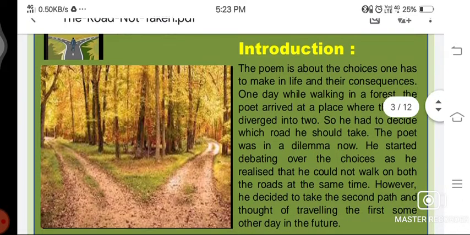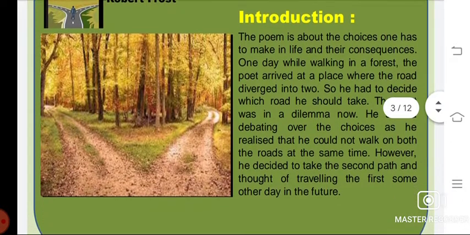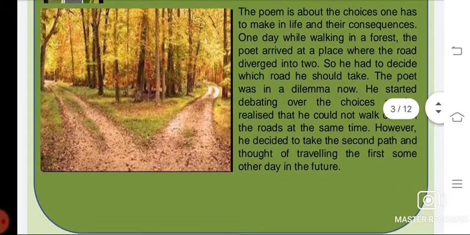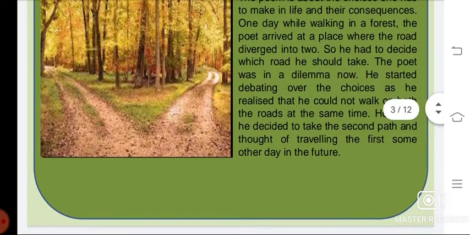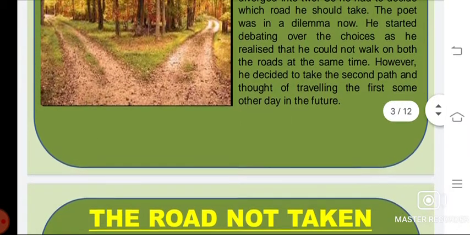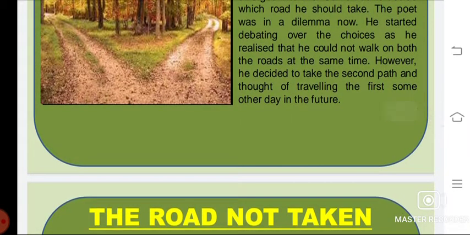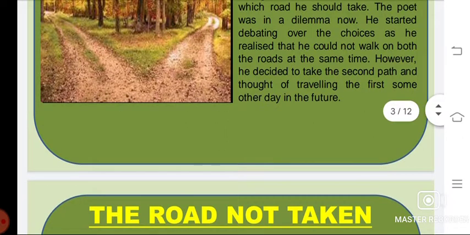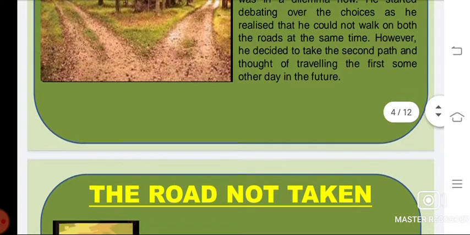One day, while walking in the forest, the poet arrived at a place where the road diverged into two, so he had to decide which road he should take. The poet was in a dilemma. He started debating over the choice as he realized that he could not walk on both roads at the same time. However, he decided to take the second path and thought of traveling the first some other day,